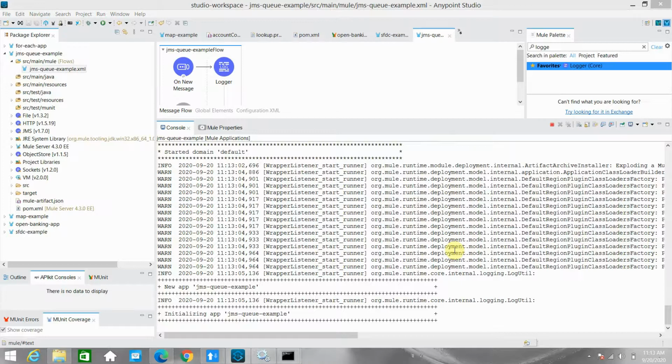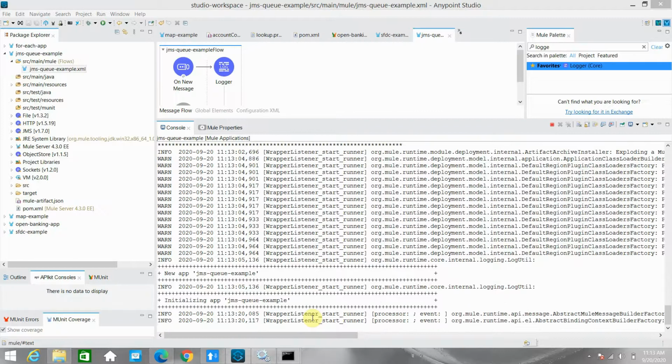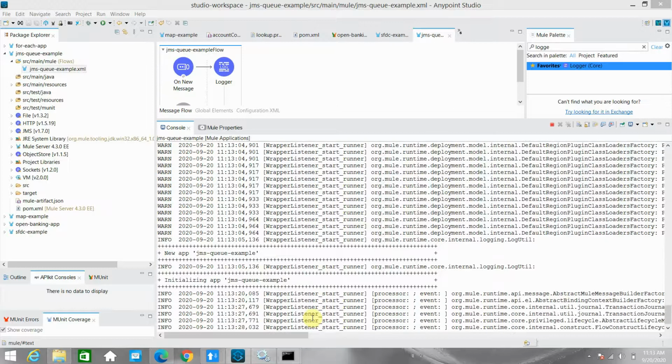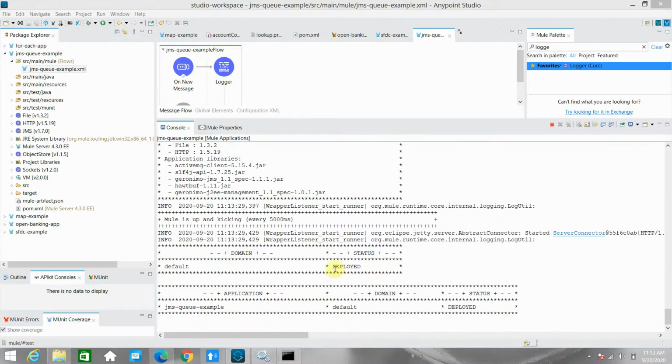Guys, welcome back. The application is getting started. Just give me a few seconds, a few minutes. It is initializing. As soon as the application comes up, the message we posted in the JMS topic while the subscriber was offline should be processed, because we are using the durable topic now. Okay, the application has been started.